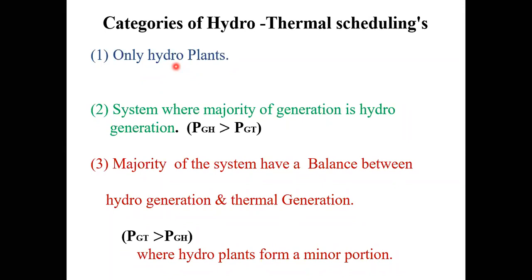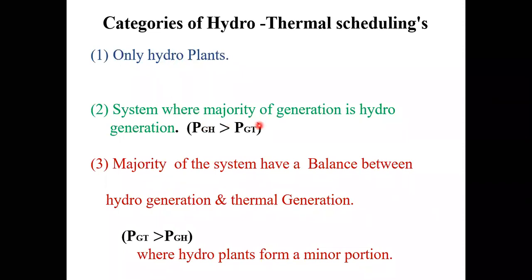But this is not possible in countries like India, Japan, Australia, and US, because these countries have a mixing of hydropower plants and thermal power plants. So that's why it is not possible. When you are considering Norway and Sweden, it is possible. So that's why it is a very rare case. When you are considering only hydropower plants here, there is no question of optimal scheduling now. But the question here is water availability. As long as water availability is there, we can go for hydropower generation. But in our country India, this is a very rare case.